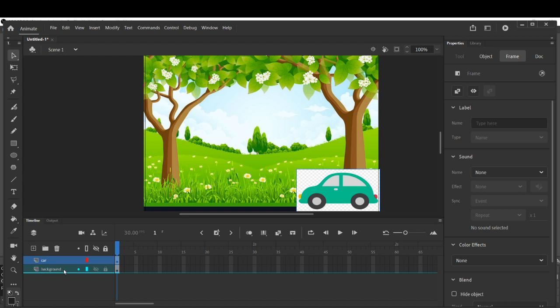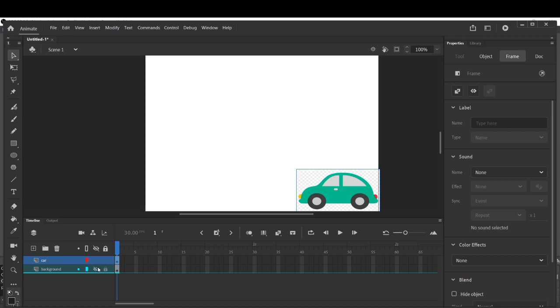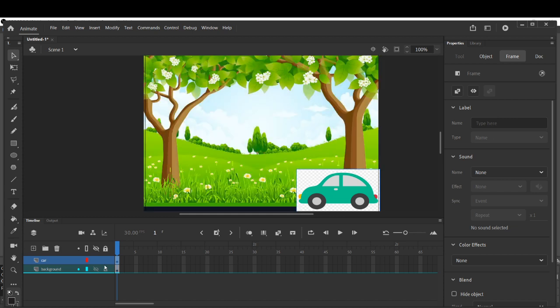For example, if you have to hide the background layer, then click on the eye icon of the background layer. So I am just clicking on it. See, where is the image? We have inserted the background, but it is now hidden. Okay, so to show it again, you have to click on the eye icon. See, this is the method to show and hide a layer. To hide a layer, you have to click on the eye icon of that layer, and to show that layer again, you have to click again on that particular eye icon.